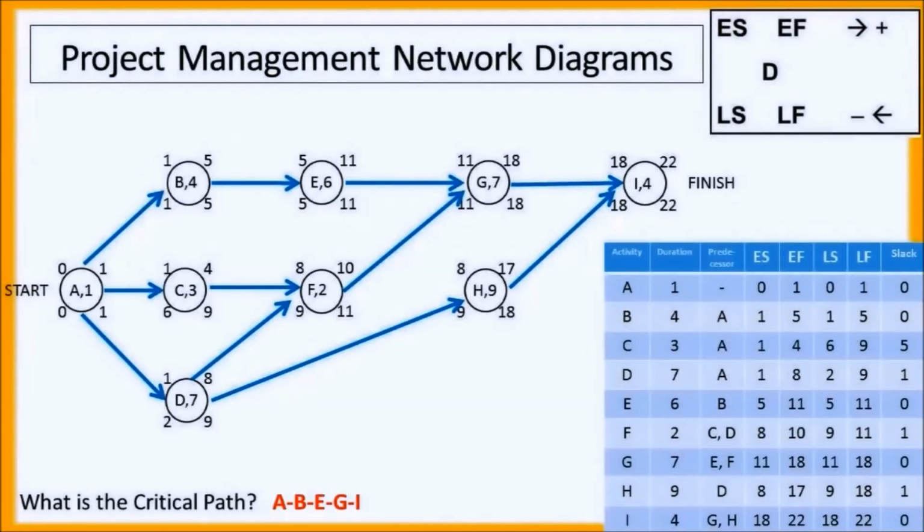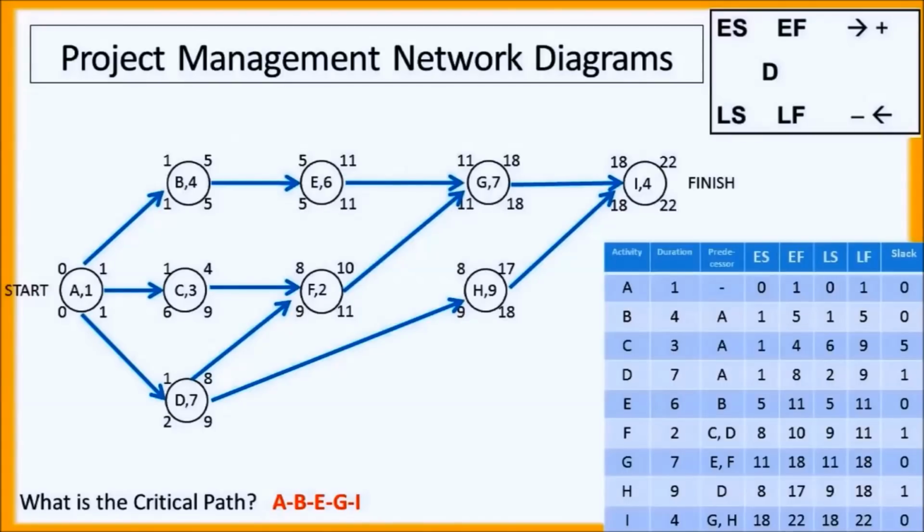So the critical path is task A, B, E, G, I. It follows the path through the project that starts at A, then goes to B, then E, then G, then I. Now, all of these activities must be finished for the project to be completed, but it's just that tasks C, D, F, and H all have some slack, which means they can encounter some